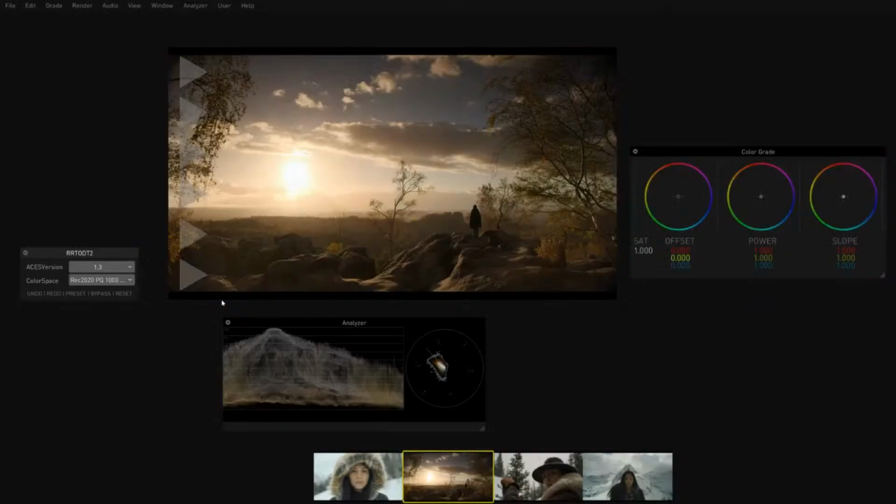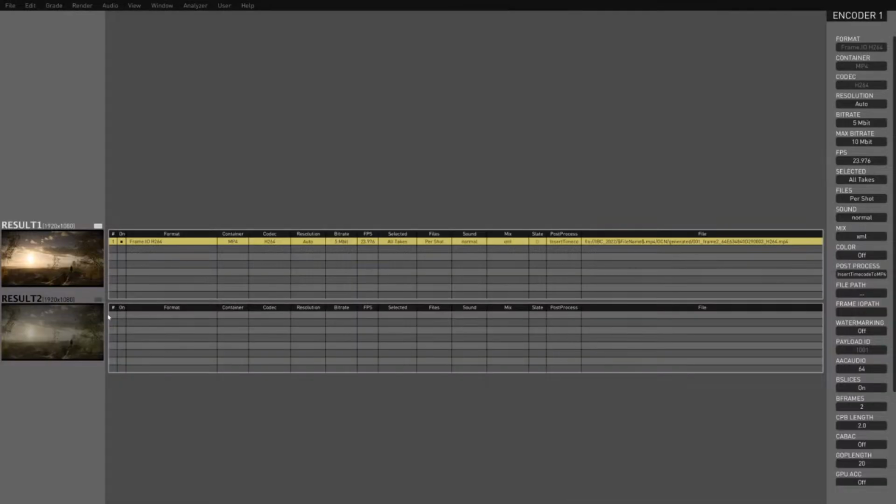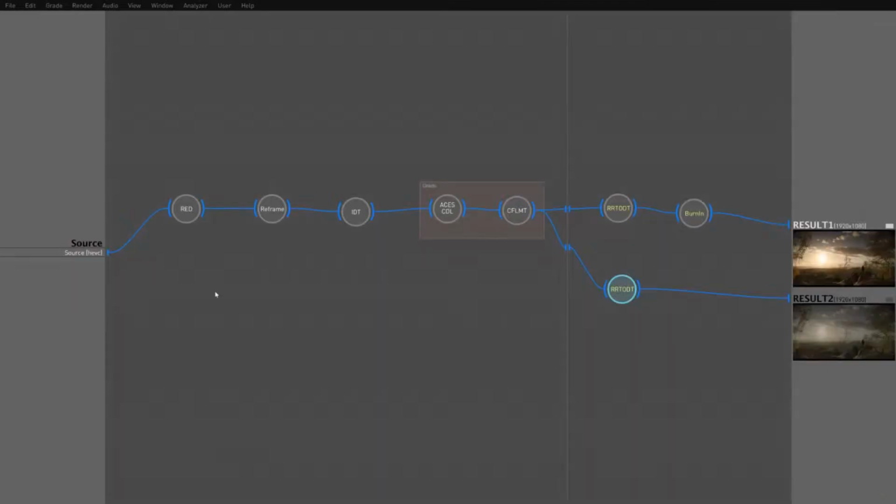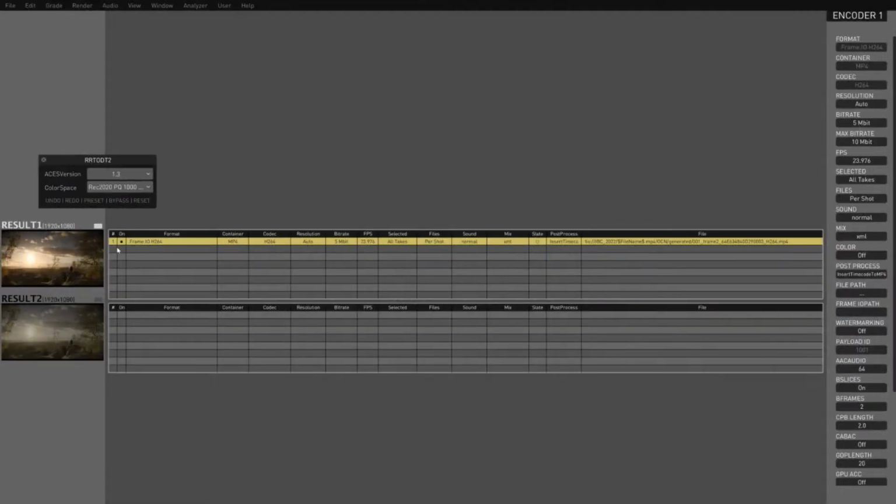But then what I could do is I could come to my render page and I can have my SDR deliverable and my HDR simultaneously going back to your Frame.io project, and then your producer can watch whatever version that they want to watch or you would like to create. And then I can also go in and say, editorial's in SDR.